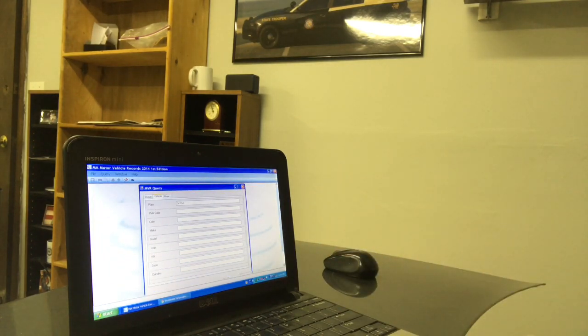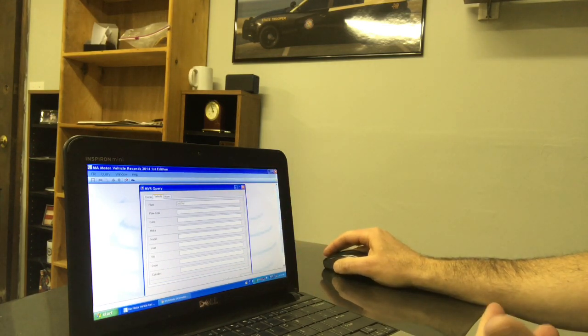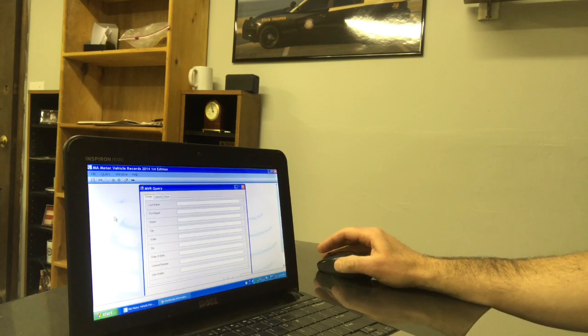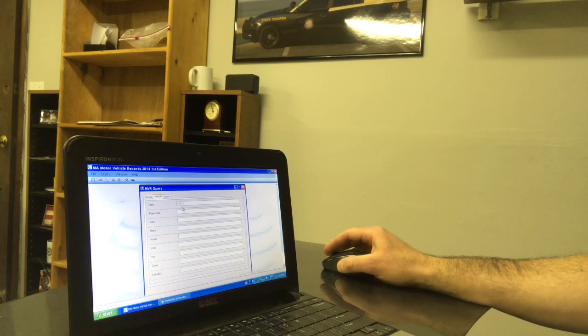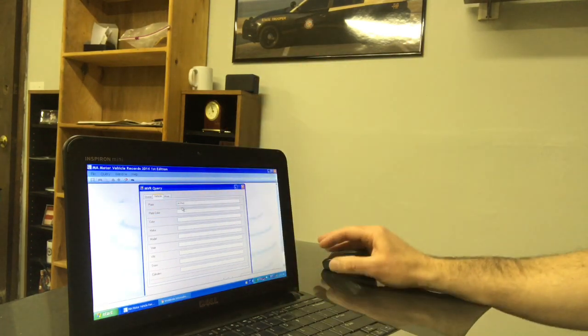All right, so if you go to their website, they do have a tutorial on their site. I'm just going to show you mine. I'm going to give you an example of how I use it. This is kind of an old edition, and that's by design. I still have the disc, even though it's really old. So you have the option of running the vehicle by owner name. You can even do it by address. You can do it by city. You can do it by, if you know the person's date of birth, or you could just do it by license plate number. If you see here where they're asking for the license plate, you just put the license plate in